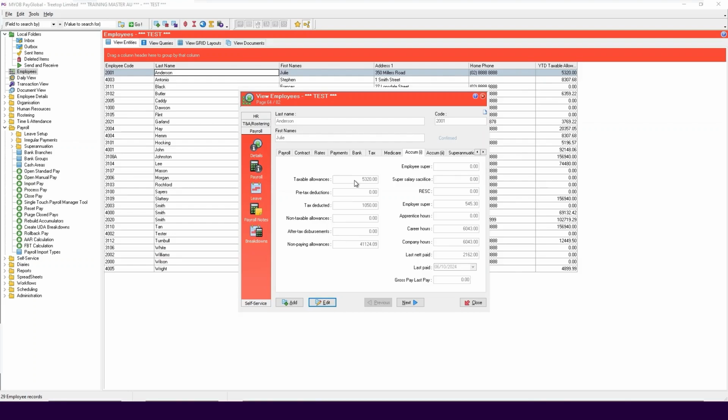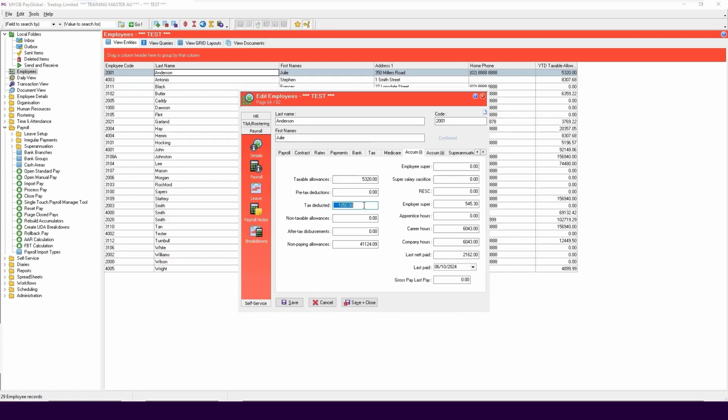You may need to rebuild accumulators during the year. If you have opened and processed a manual pay for a previous financial year, when you suspect an error in your accumulators, or when an application or user error occurs during pay processing, and the accumulators are not updated correctly on close. The Rebuild Accumulators function will clear the year-to-date fields and rebuild them based on what has been processed with the same year-to-date code as entered in the settings.